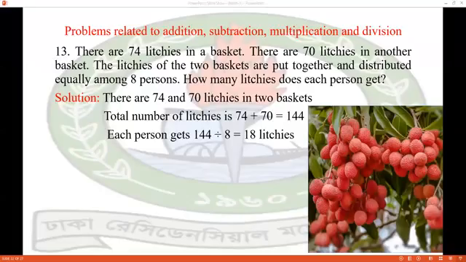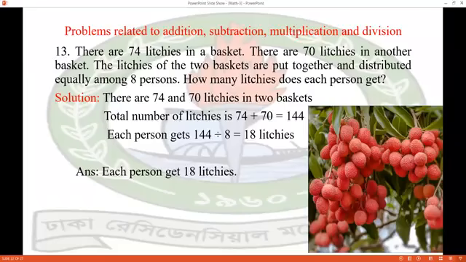So we can solve it in this way. So the result will be each person gets 18 lychees when the total lychees are distributed among the 8 persons. So the next problem,